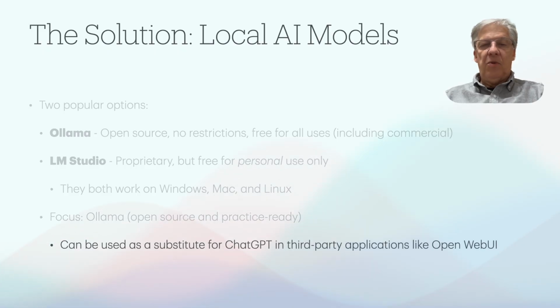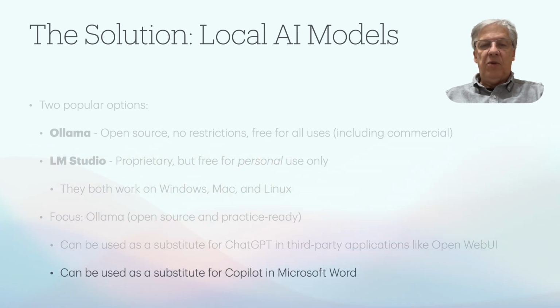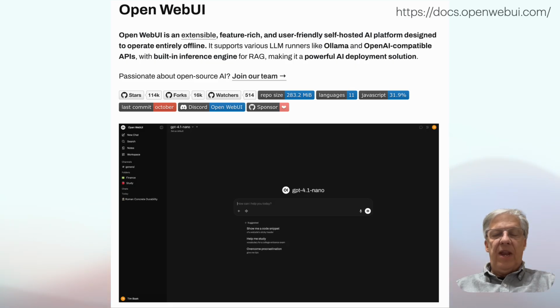And also, the cool thing about Ollama is that it can be used as a substitute for ChatGPT and third-party applications like Open Web UI, which is very, very popular, very useful. It can also be used as a substitute for Copilot in Microsoft Word, right? So there is the aspect to Open Web UI. And if you look, it says it supports various runners like Ollama and OpenAI compatible APIs. And the thing to look for is that